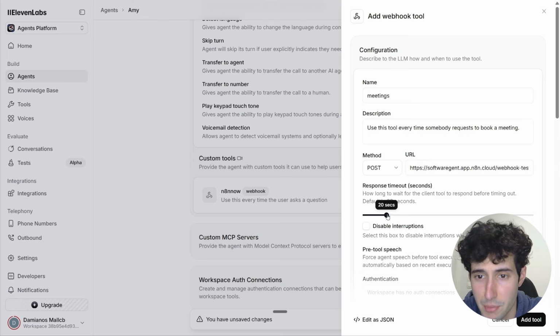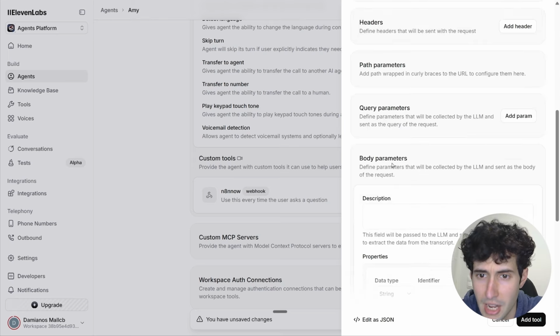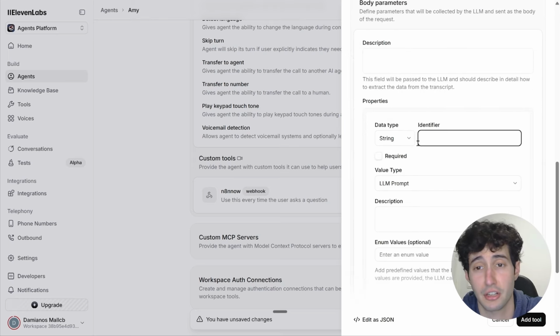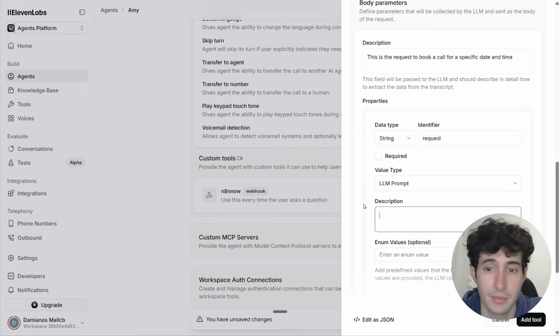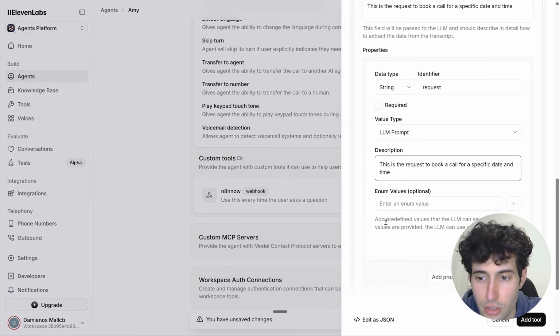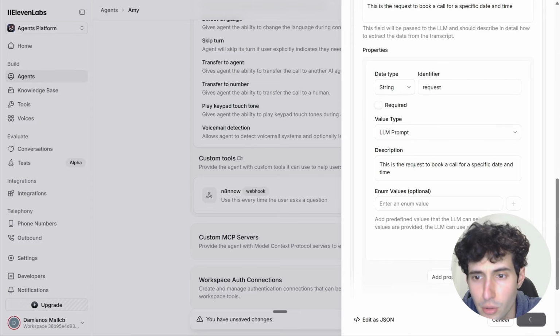Then for the response timeout, I will max this out, and for the body parameters, we're actually going to send over the parameter that requests to book a call. Let's name it request. For the description, I will say this is the request to book a call for a specific date and time, and then I will say the exact same thing in the description over here. So now all we have to do is click on Add Tool, and boom,